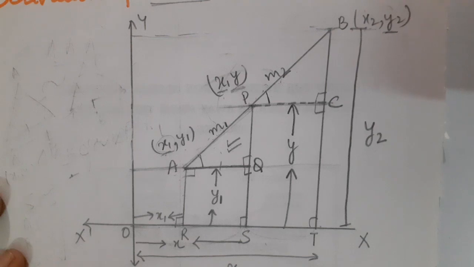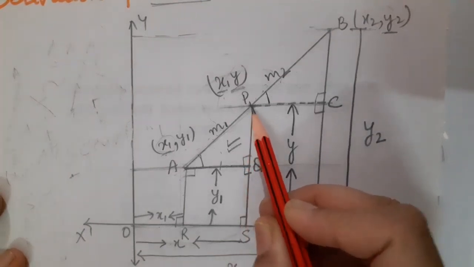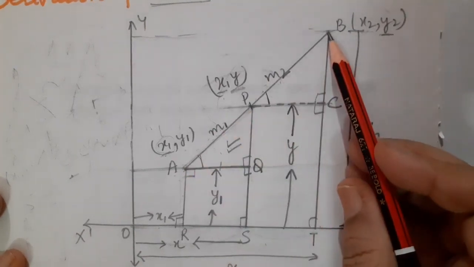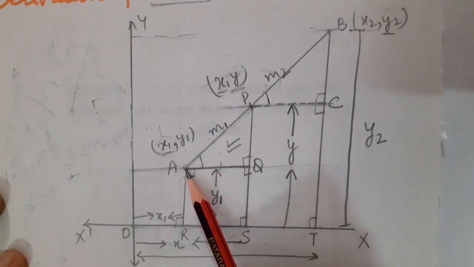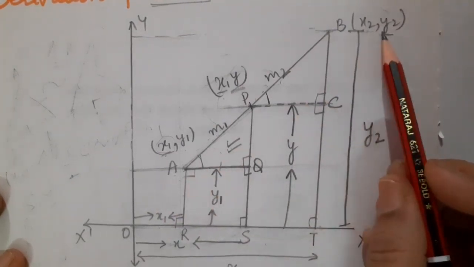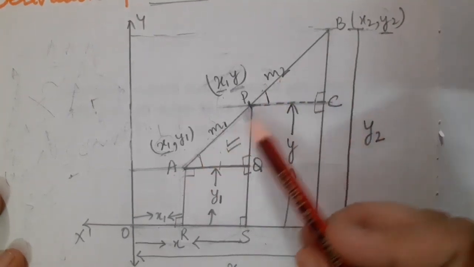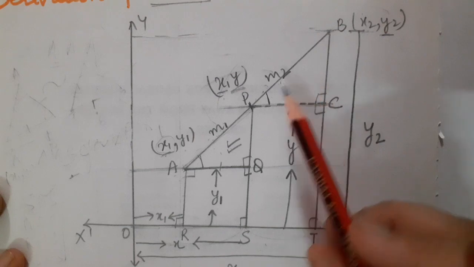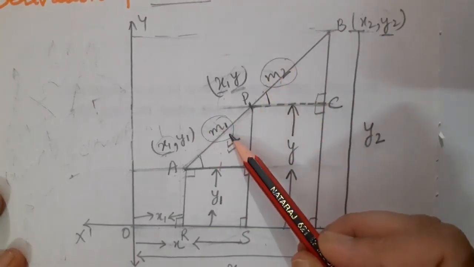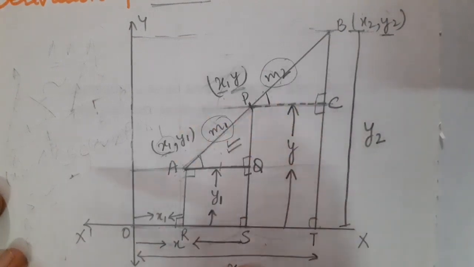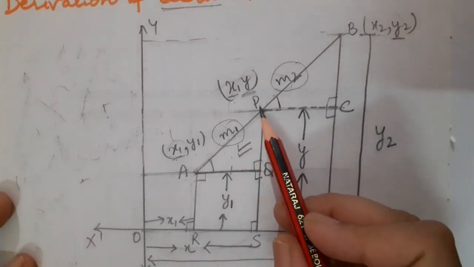Now let us switch to the recall of the section formula. Children, you know section is nothing but division. Here you can see that there are 2 points A and B which are plotted on the Cartesian plane whose coordinates are x1, y1 and x2, y2 respectively. And P is that very point which is going to divide this complete line segment in 2 parts, in the ratio m1 is to m2. So through the section formula, we can calculate the coordinates of this point of division.